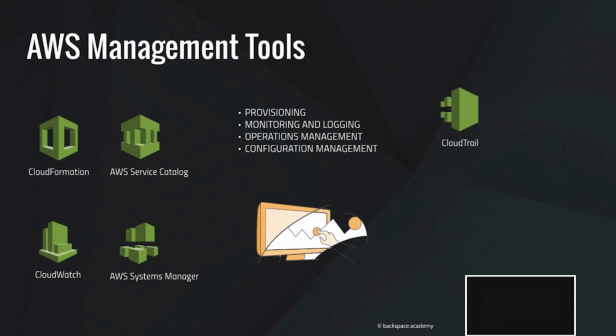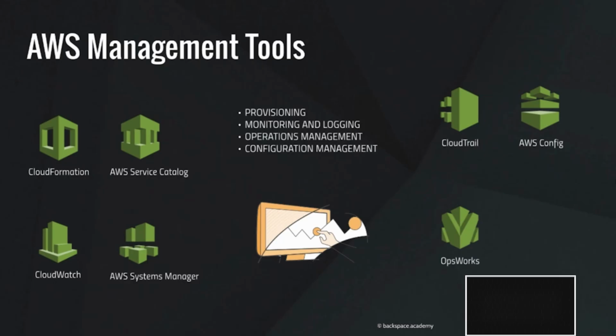AWS CloudTrail monitors and logs AWS account activity, including actions taken through the AWS Management Console, the AWS Software Development Kits, the command line tools, and other AWS services. So this greatly simplifies security analysis of the activity of users of your account. AWS Config enables you to assess, audit, and evaluate the configurations of your AWS resources. This simplifies compliance auditing, security analysis, change management and control, and also operational troubleshooting.